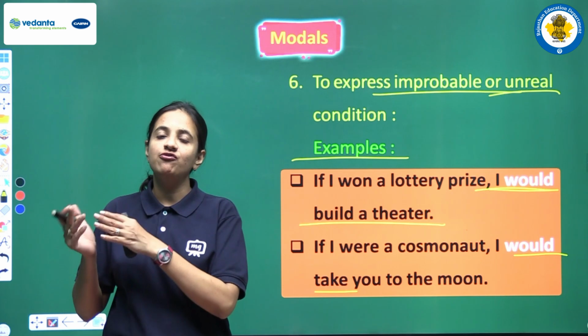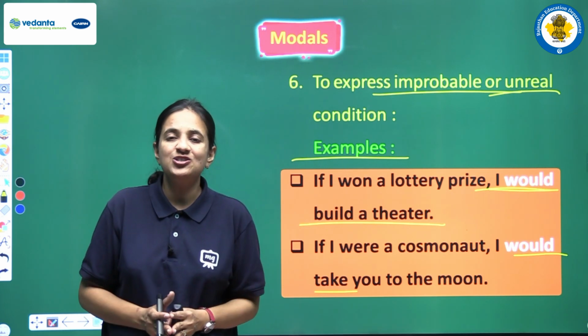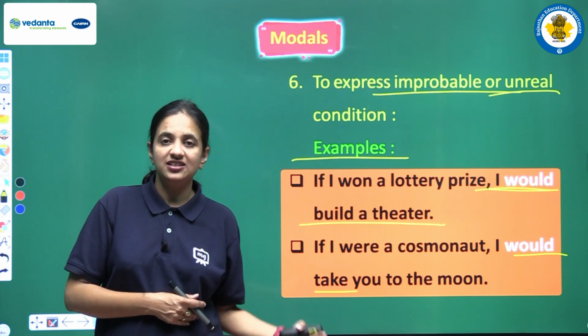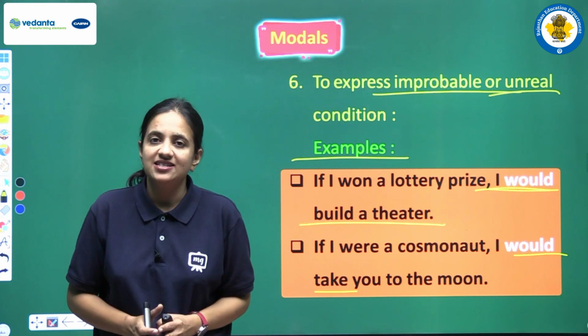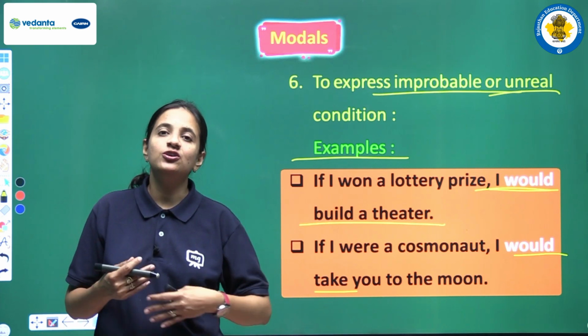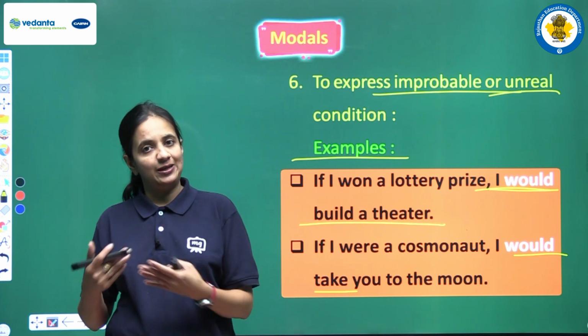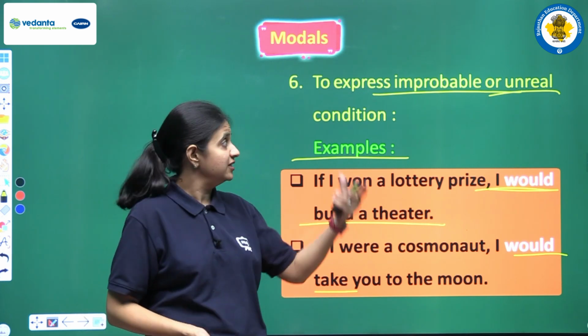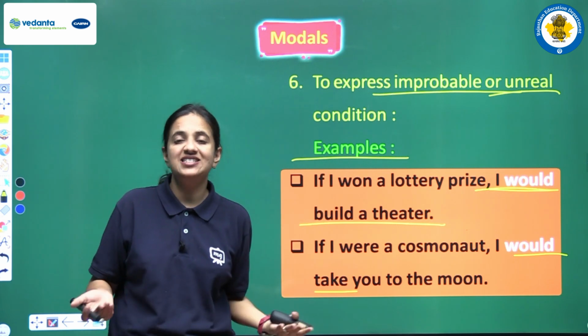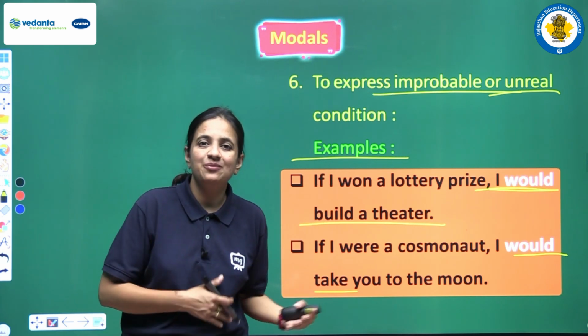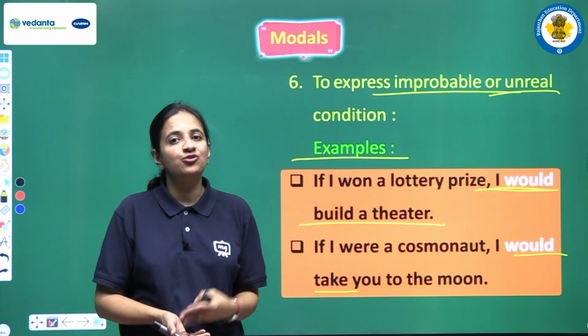Similarly, the past form of will is would, and this past form is used in indirect speech. It is again another topic that we will discuss further. And as a modal, would is also used to show polite requests, to show polite permission, and it is also used in conditional sentences. It is used to show preference, priority, right? So these are the basic uses of this modal would, right?